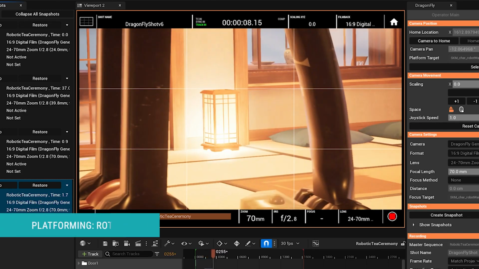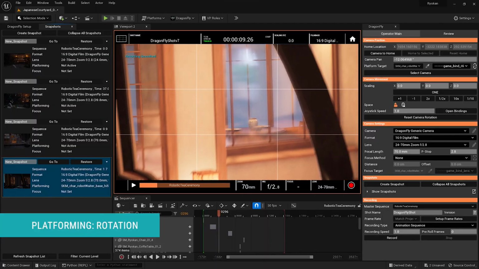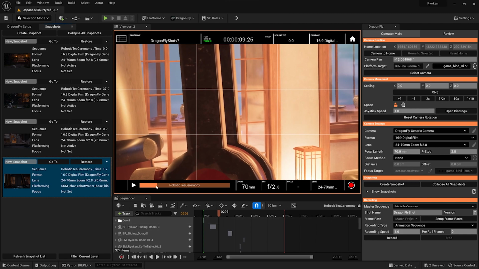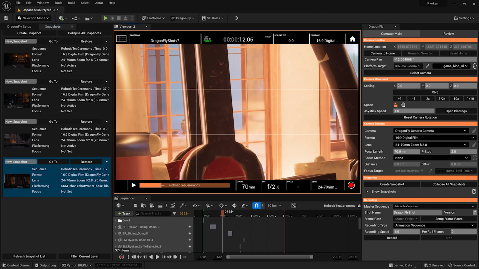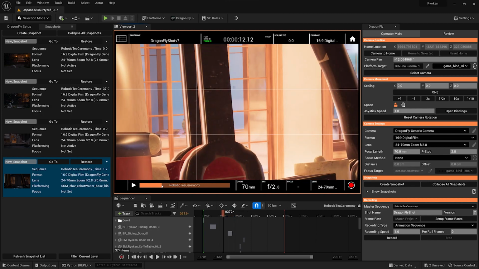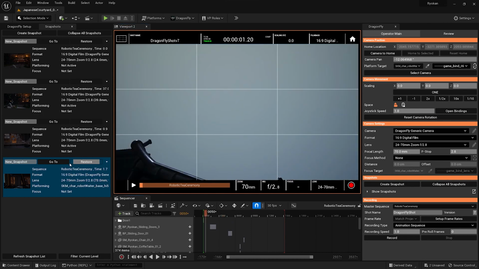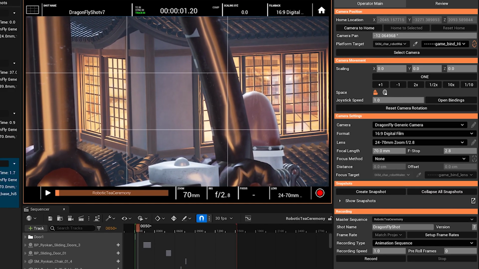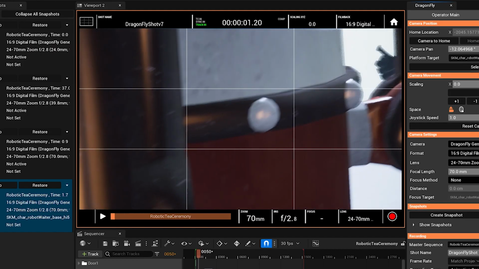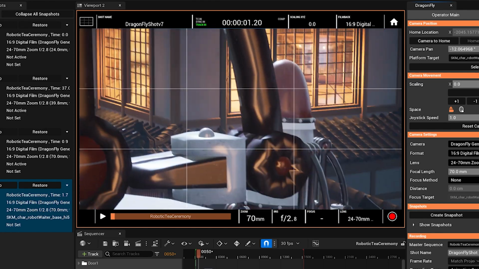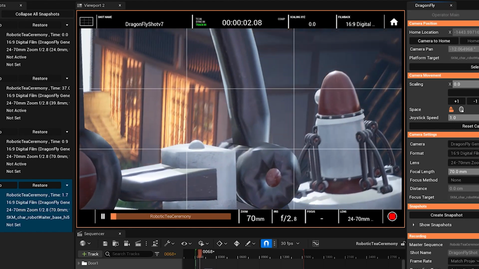We can also enable another option here, which is also mirroring the rotation. You can see that with this setting, we are only following the robot around, but we're not rotating in the scene with it, right? We can change this though by also clicking this little icon here, which will mirror the rotation of the platforming target as well, in addition to the position. Again, I can still move completely freely. It's just that my frame of reference is now moving and rotating together with the robot.